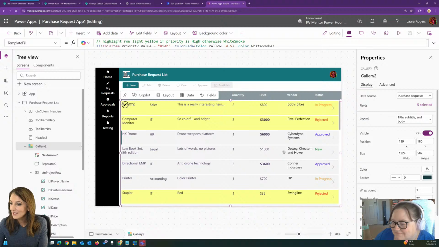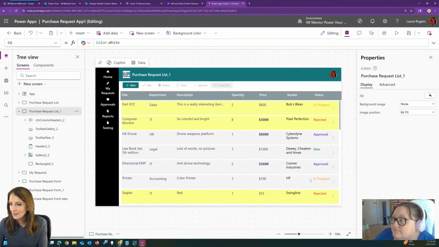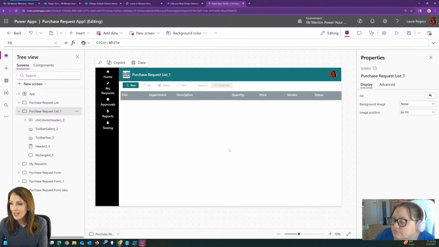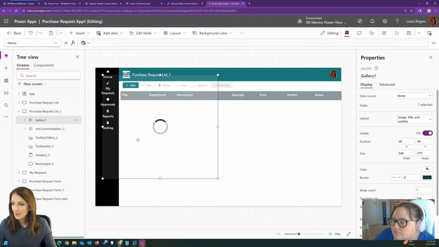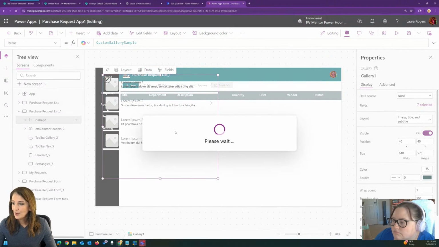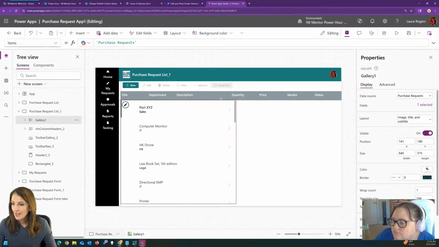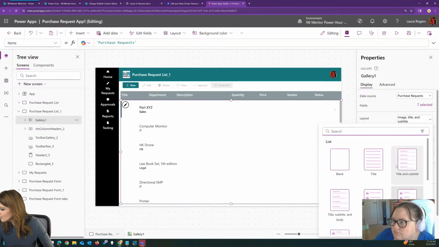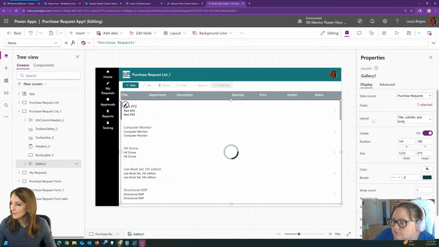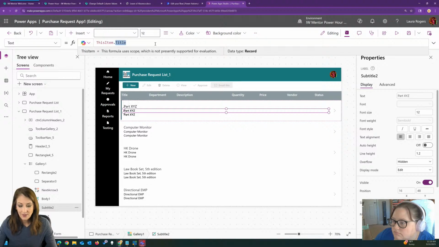Okay, so I'm going to take this gallery in my new copy of this screen and delete that. And I'm just going to put a new gallery in here. And that's going to point to my purchase requests. And I'll do a couple of other fun things. So image title, I don't need an image for these, so I'm going to use a different format. So this just puts the title, and then I'll put the,